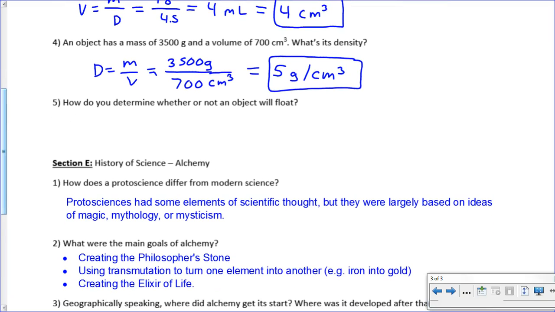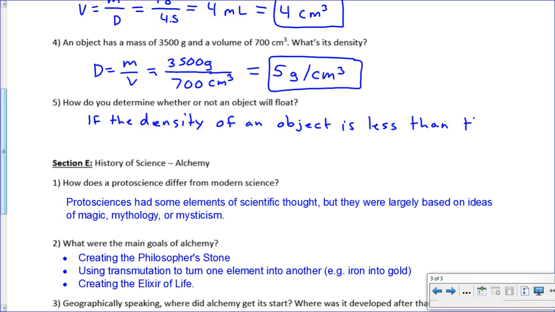So number 5 says, how do you determine whether or not an object will float? The way that you do this is if the density of an object is less than that of the liquid it's submerged in,